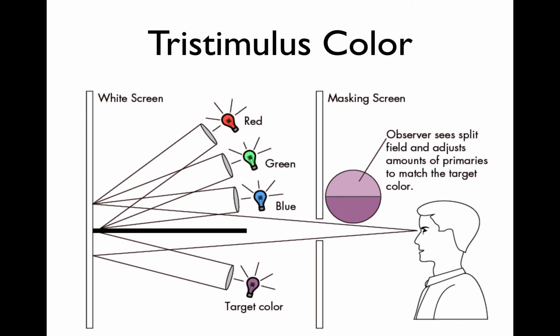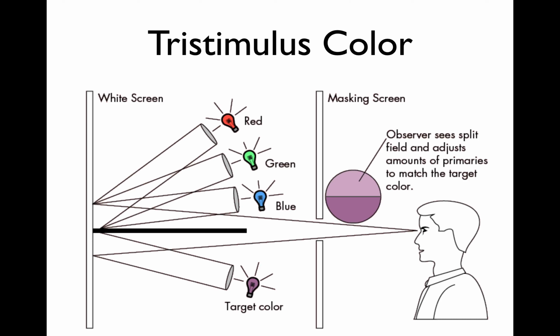A lot about cameras, a lot about all the system, about the way cameras work, about the way film works, about all of that kind of stuff. They're all modeled on human vision. And color is no different. So if you take a look at this illustration that we've got right here, what you can see is that